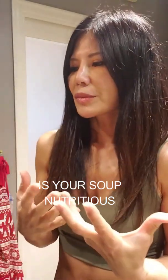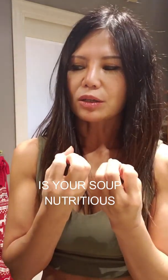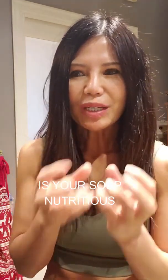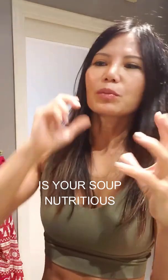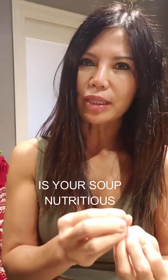I'm not sure if you often have Asian food, or other kinds of soup. You can tell when the soup has a lot of nutrients in it. For example, if you go to a restaurant and you taste a bowl of soup, sometimes you can tell the flavor, and not just the flavor but the thickness of the soup. Not just thick, but not cream soup, I mean like the broth. You can taste the amount of meat the restaurant put in to make that soup instead of just water, and then add